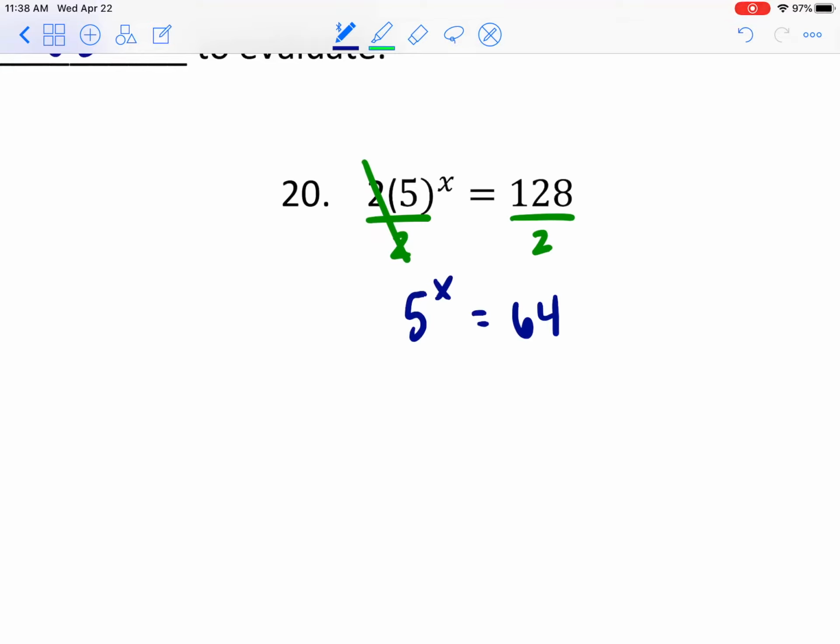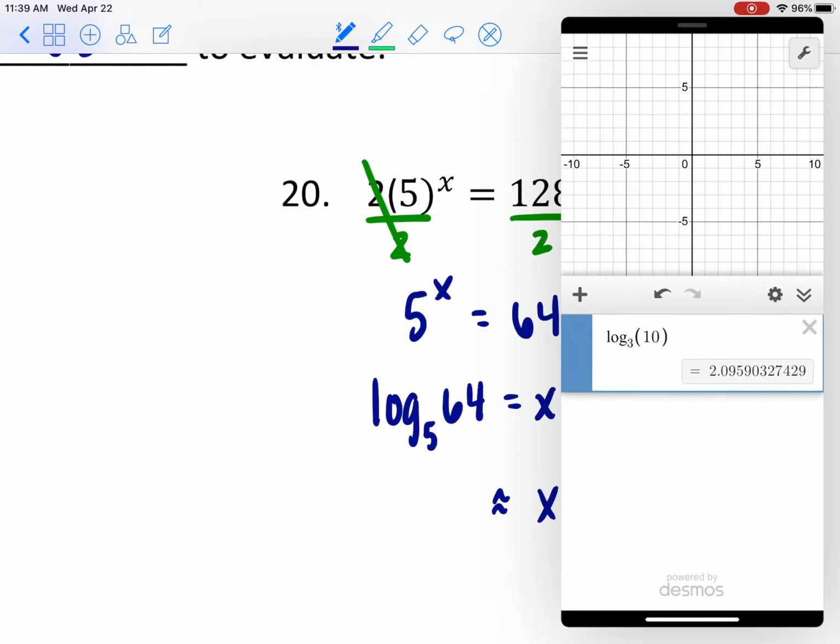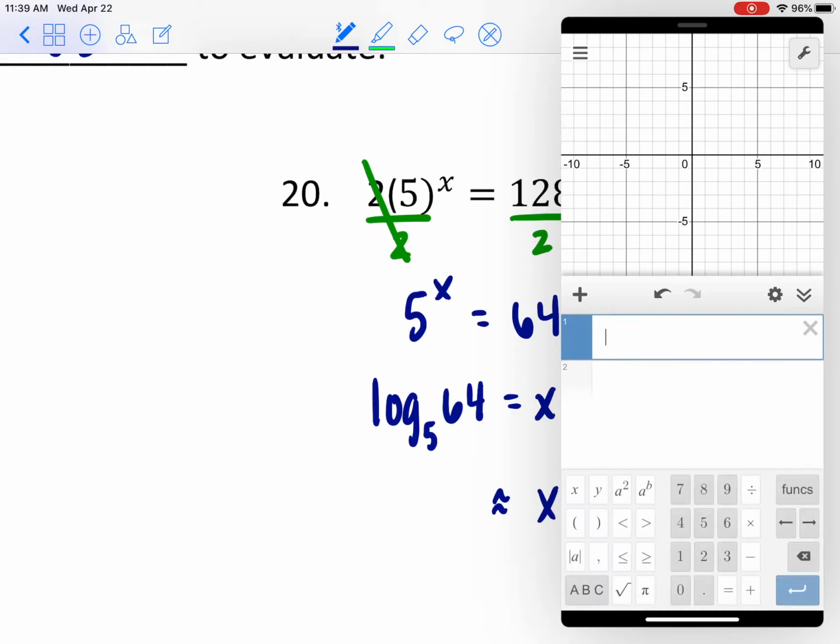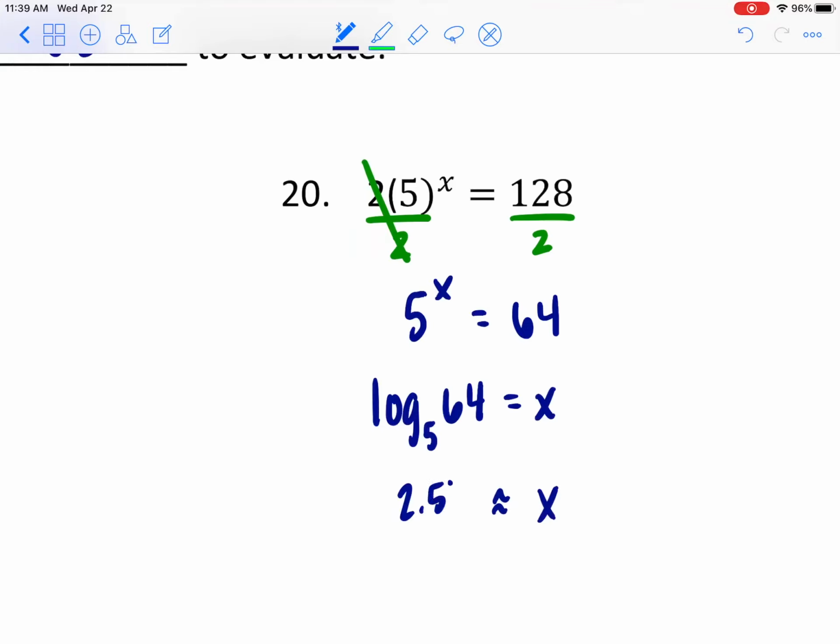And now I have my 5 to the x power equal to 128 divided by 2 is going to make 64. Now again, there's no exact power of 5 that's going to make 64. So I can't just rewrite that side and cancel the bases. But if I'm looking for a power that isn't exact, the log is the power. So I'm going to rewrite this as the log base 5 of 64. That is my power that I'm looking for. That is my x that I'm looking for. So now I just put that into my calculator. So we're going to say log base 5 of 64 is about